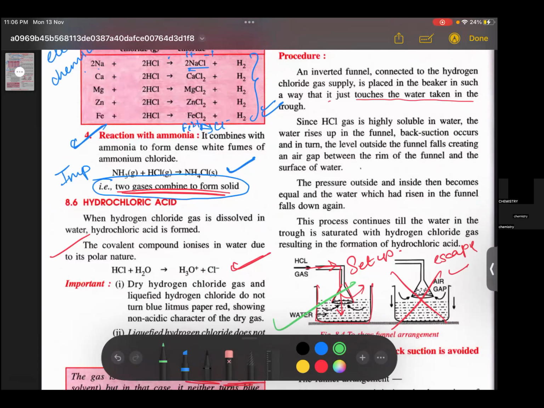Now why? Since hydrogen chloride gas is highly soluble in water, the water rises up the funnel, back suction occurs, and in turn the level outside the funnel falls. So what we're saying is this is a continuation of the diagram. So when we have this and the hydrogen chloride gas enters, the water gets lifted up as a pressure difference is created, and this air gap will be formed. However,